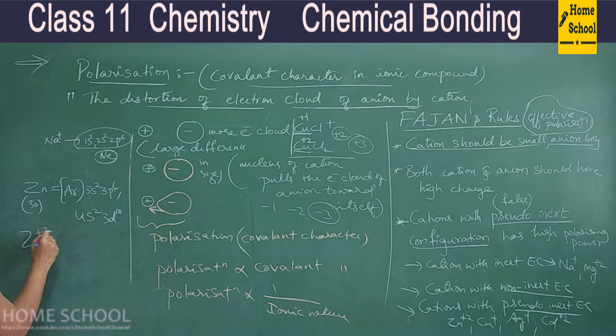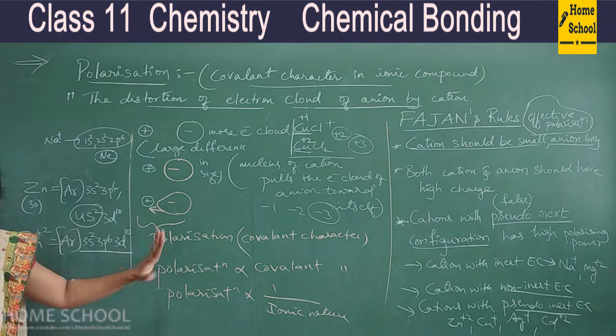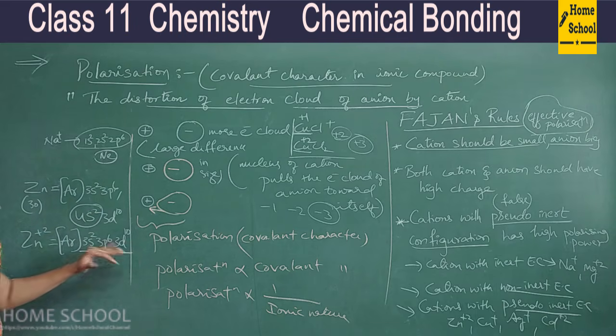Zn+2 electronic configuration is how much? Argon, 3s2, 3p6, these electrons; the last shell means the fourth shell. So in this shell 2 electrons, if it loses them, it becomes Zn+2. So its electronic configuration is 3d10. So this is not the same as any noble gas electronic configuration, but this is stable only.